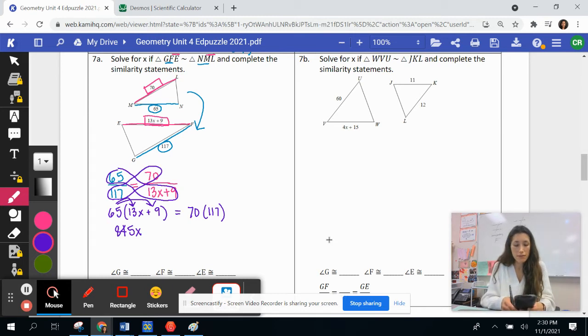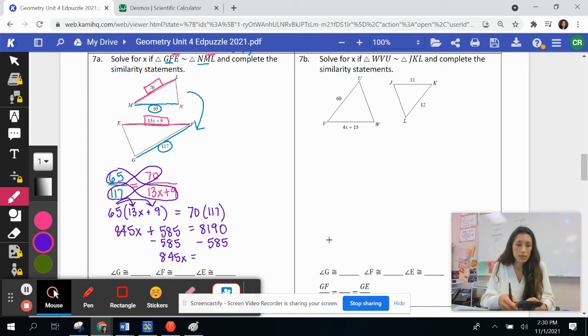And then we've got 65 times 9, and that's going to be 585. And then we've got 70 times 117, 8,190. Now we're solving for x, so we need to get it by itself. We're going to subtract this 585 on both sides. And that's going to leave us with